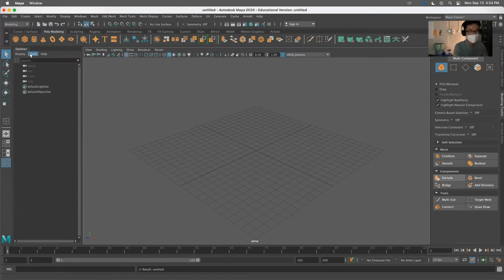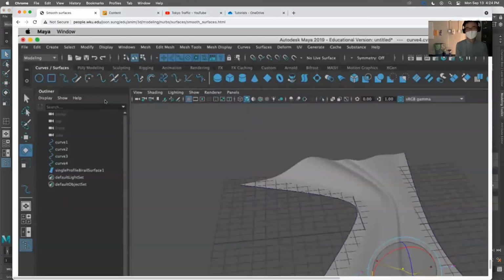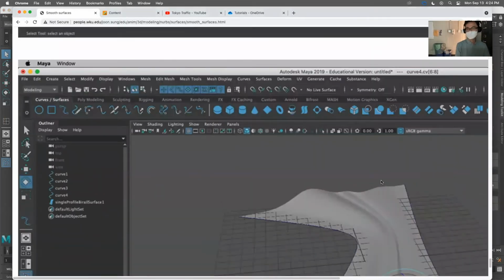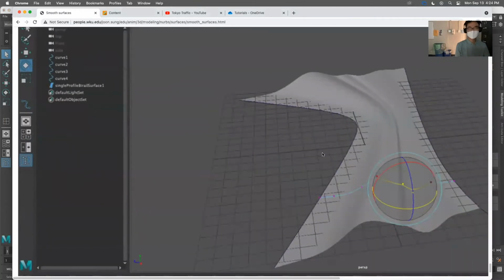Absolutely, you can create that kind of form. But you need to add many subdivisions, many segments. It will dramatically increase the number of polygons if you like to create perfectly smooth, soft materials. With the NURBS modeling technique, you can create this kind of 3D model with a minimal number of